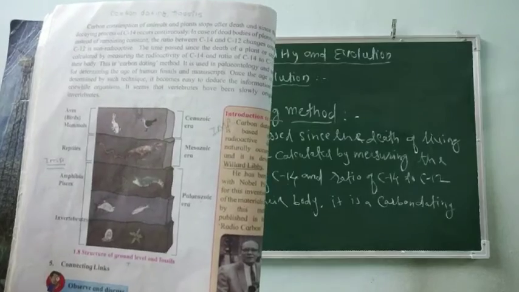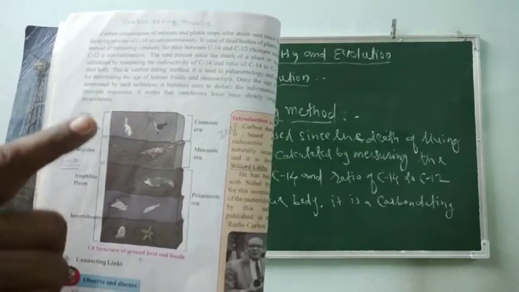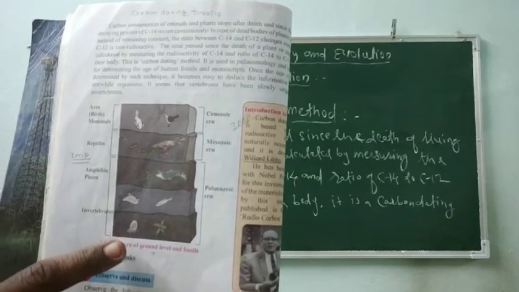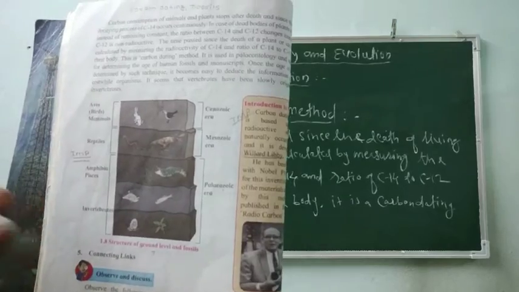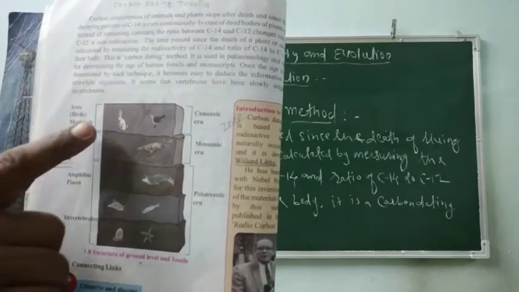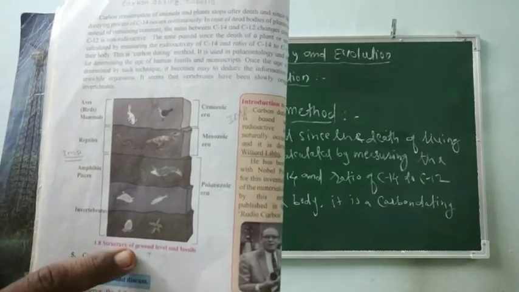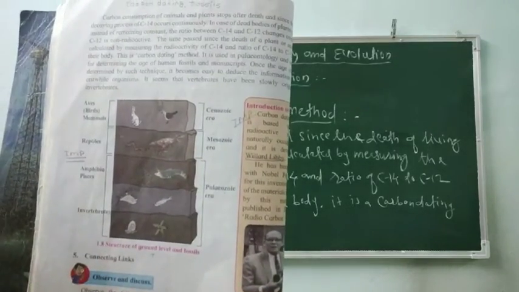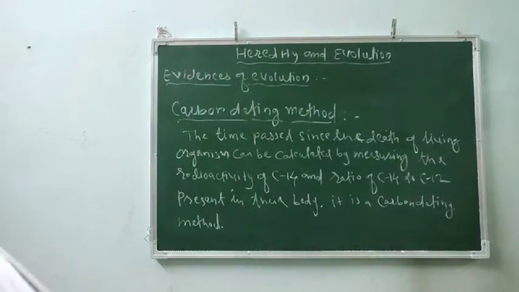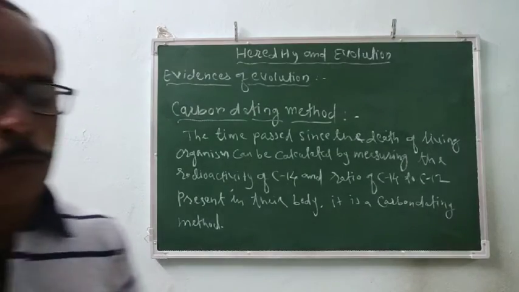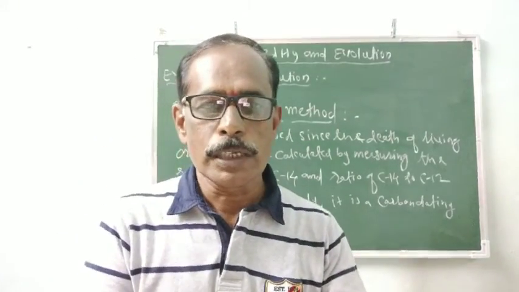It means that fossils of mammals are not found in the lowest part of our earth. It means that at that time the vertebrates, the mammals or the animals belonging to the vertebrata, did not exist in that period. It means that they evolved from the invertebrates. So in this way we get the evidence for evolution with the help of fossil study.